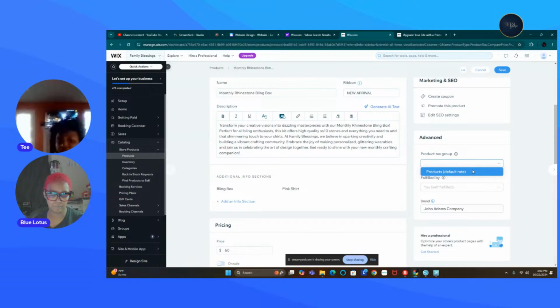And let's just say, it's got stuff already generated here. Just say your box wasn't $60 a month, it was $49. You could come in here and you could change it. Now, if it was an on sale price, so normally, let's just say it was $60 normally, but it's on sale, make sure